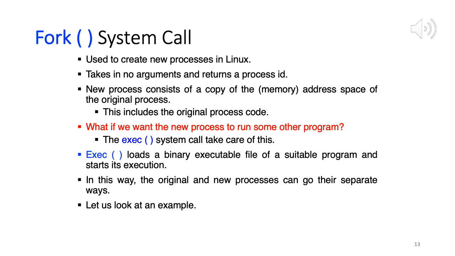Okay. So you call fork and it will create a child process within the parent process, which by default has a clone of the parent. It has the same code, exactly the same. And now if you want to load a new process into it, you can use the exec system call. Okay. So man exec system calls.